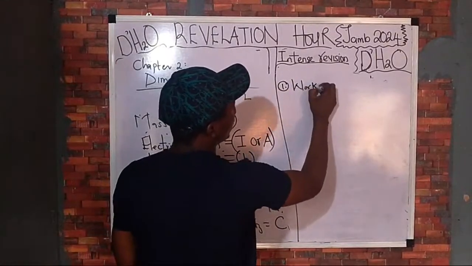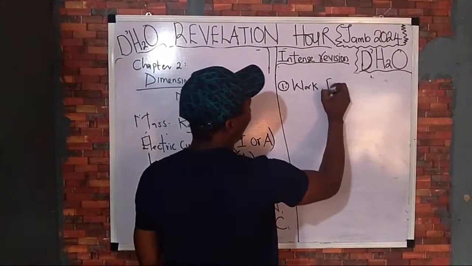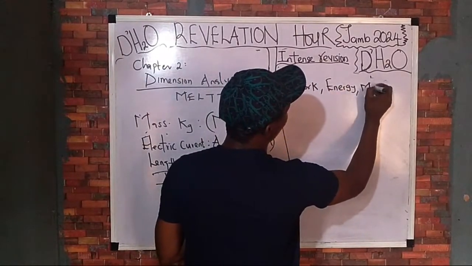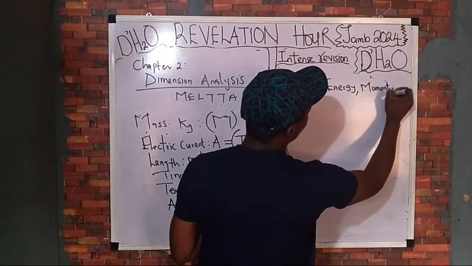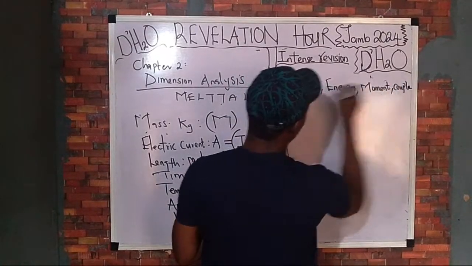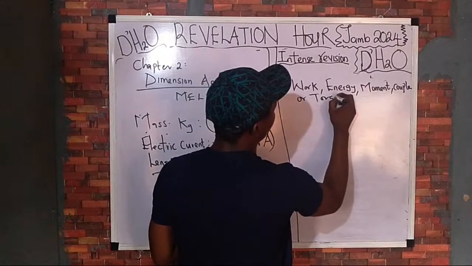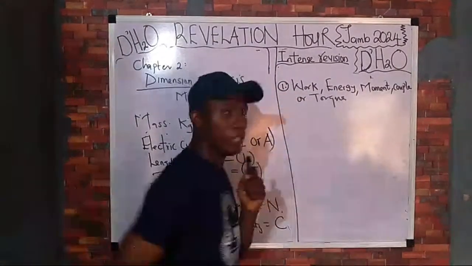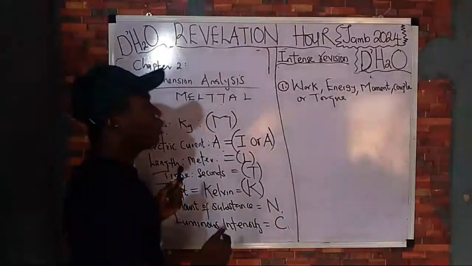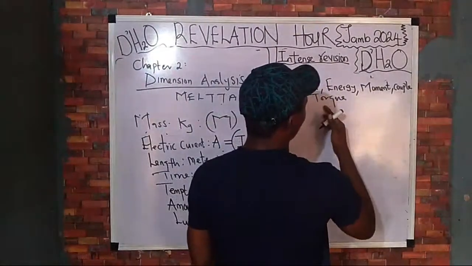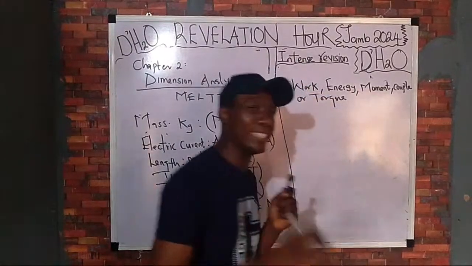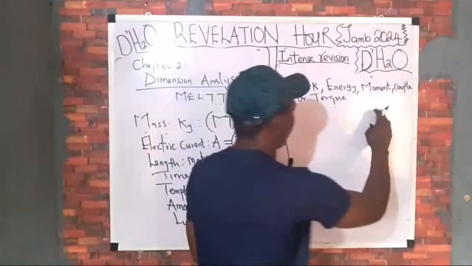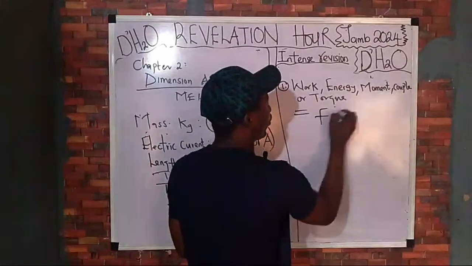Remember that work is the same as your energy, and the same with your moment. The same with your couple or torque. They are all the same. Why did I say they are the same? Although your work and energy are measured in joules, your moment and couple as well as torque are measured in Newton meter. But the general formula for all of these quantities is that they are equal to force times